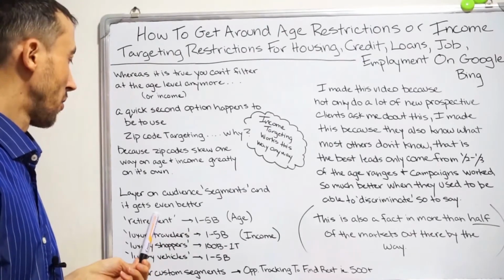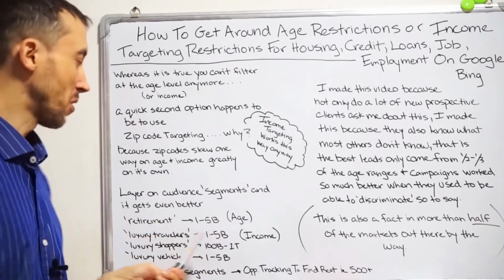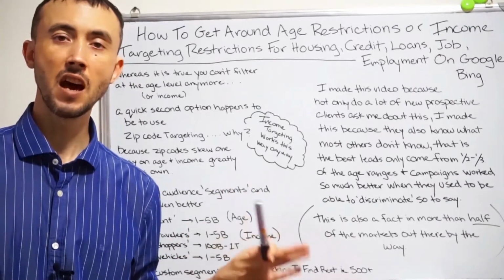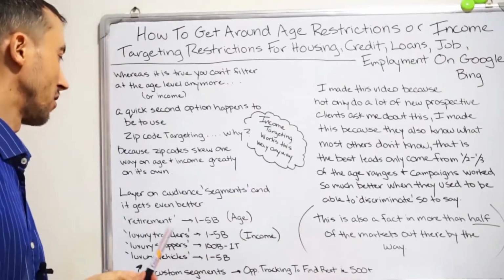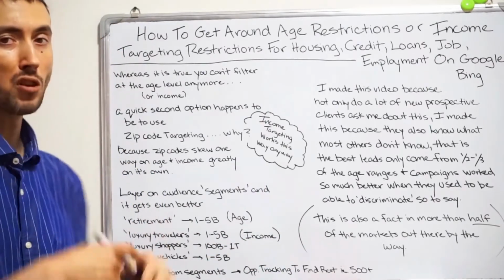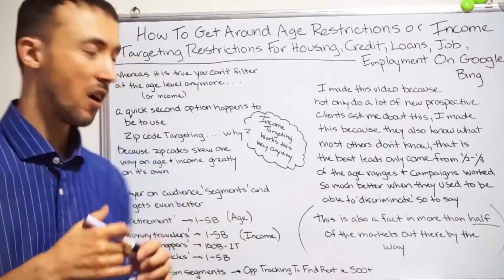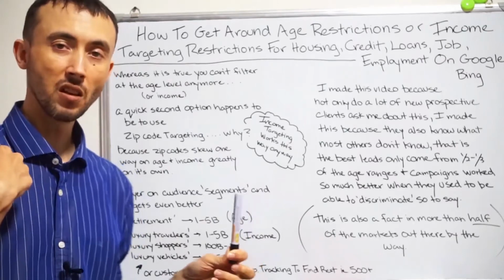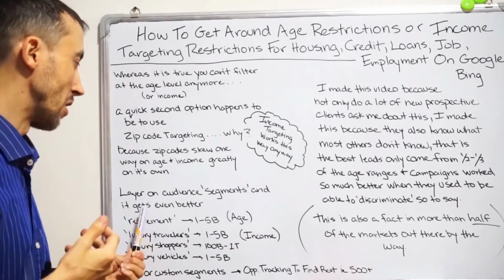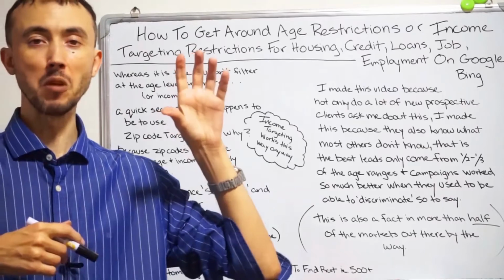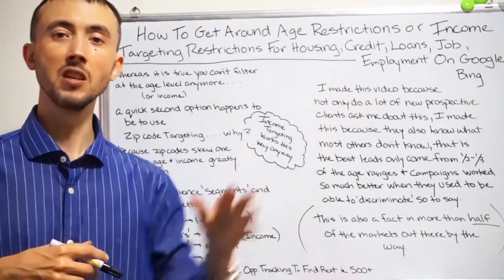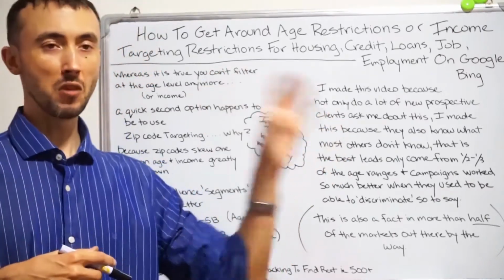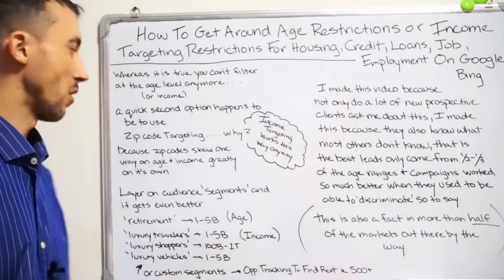And I don't know how many audience segments there are, but there's a lot. Hundreds, if not thousands, I'm pretty sure. I'd like to know the actual amount sometime, but it's a lot. So you could search for different ways to filter people out. I'm just telling you the most obvious, most common ones that I'm using, which is this retirement one that works really well for age demographic filtering and getting people that are older, where we can't use the age demographic filter settings because we're in one of these categories here.